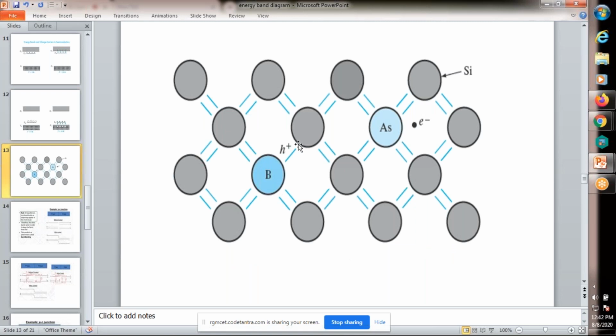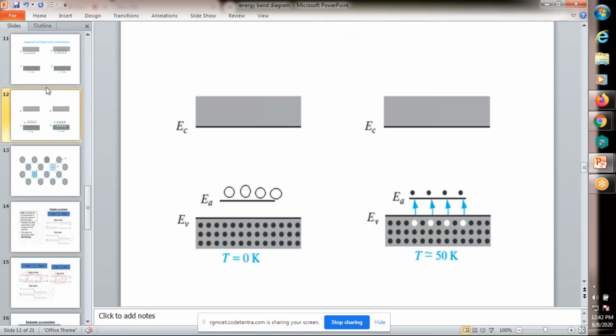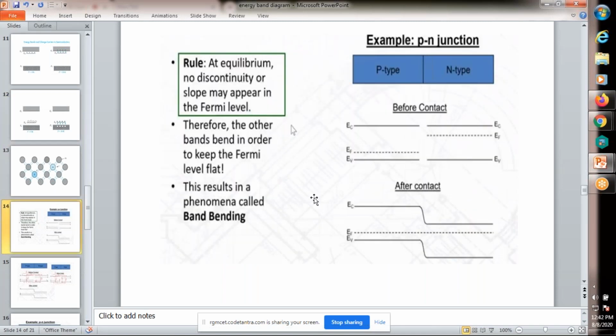Now observe here. This is also the doping concept. Whenever we add an arsenic atom, one extra electron is available. Whenever we add boron, the outermost shell has only 3 electrons, so 3 covalent bonds are formed and one space remains, that is a hole. That is about the energy bands in N-type semiconductor and P-type semiconductor.